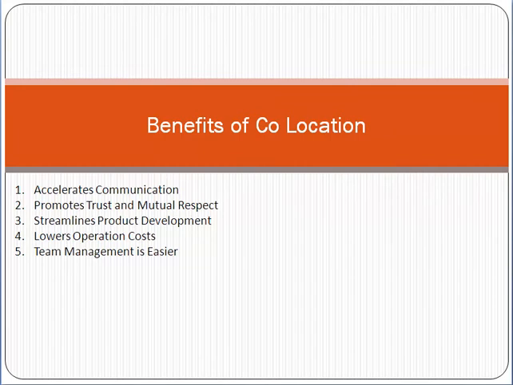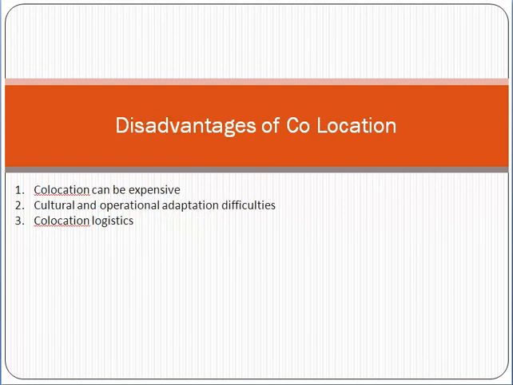However, on the other hand, remember one thing, for example, if four of your resources are sitting in India, four resources in Pakistan, three resources in the USA, and two resources in Australia, then as a project manager, it's a very big challenge for you to manage the team as a whole. Why? Because there are so many challenges, like time zone differences and internet connectivity challenges. There are so many challenges you have to face, and it will become a very big challenge for you. So remember, co-located team management is much easier as compared to virtual teams.